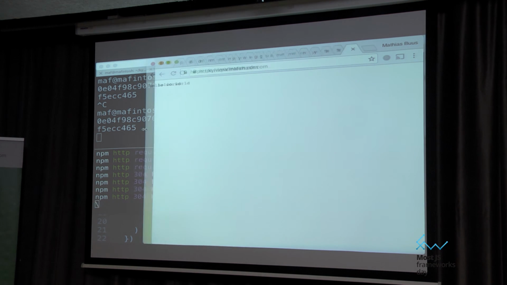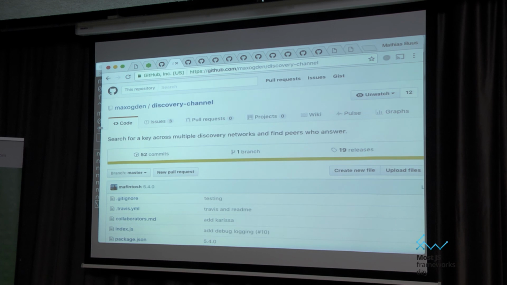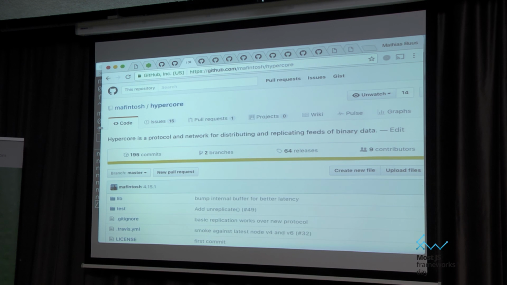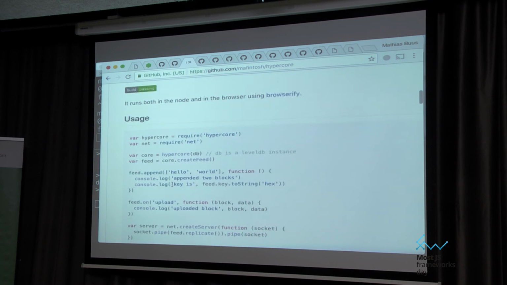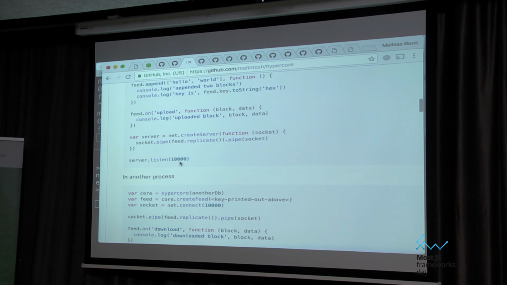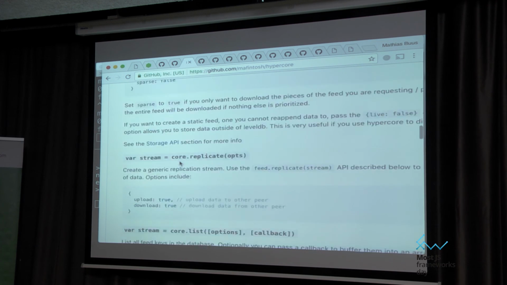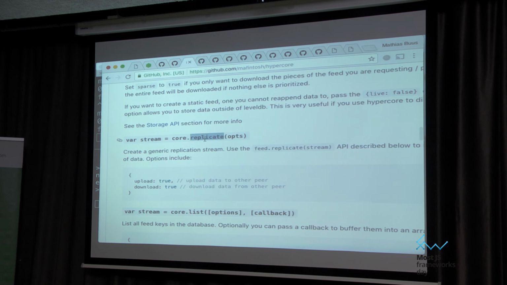This is all based on a module I wrote called Hypercore. It has to be named somewhere with hyper. That's my only requirement. It exposes this cool API called replicate. It's the same interface, but instead of doing I/O, like connecting to networks, it just gives you a stream.